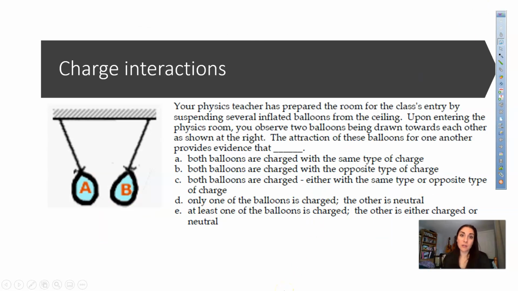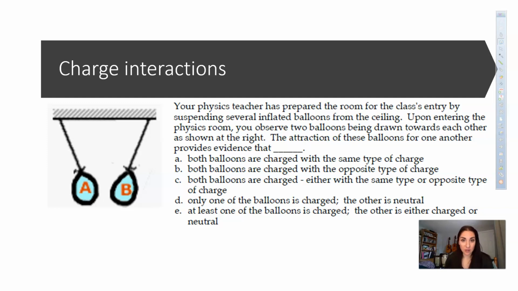All right. Here's another great question. So your physics teacher has prepared the classroom and suspended several inflated balloons from the ceiling. Upon entering the room, you observe two balloons being drawn toward each other. The attraction of the balloons for one another provides evidence that both balloons are charged with the same type,